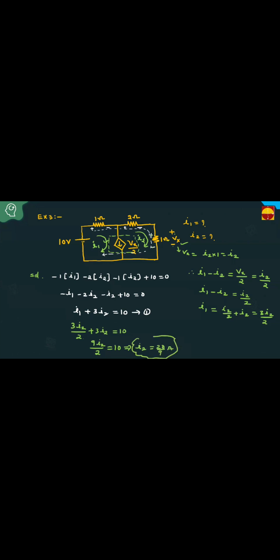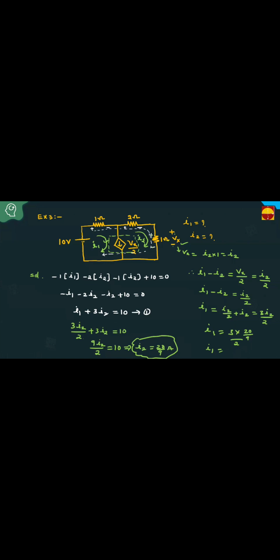Once I2 equal to 20 by 9 amperes, you know the relation between I1 and I2. I1 equal to 3 into I2, which is 20 by 9, by 2. Then how much I1 did you get, friends? This is 3, that is 20 by 6. You simplify that, we can get